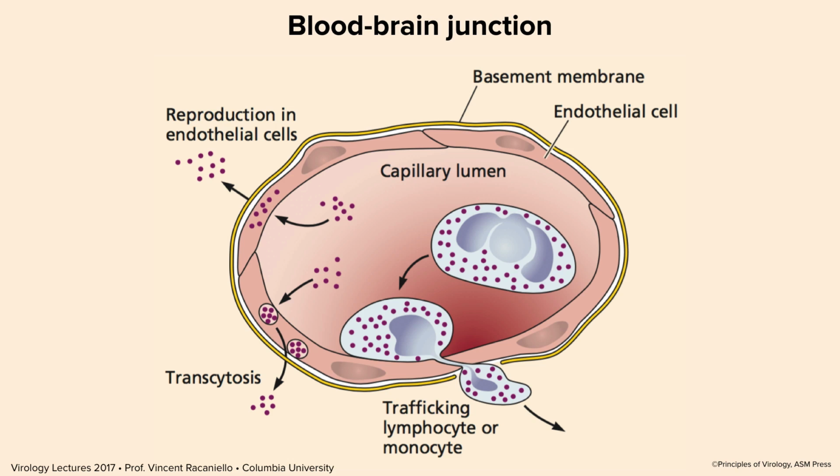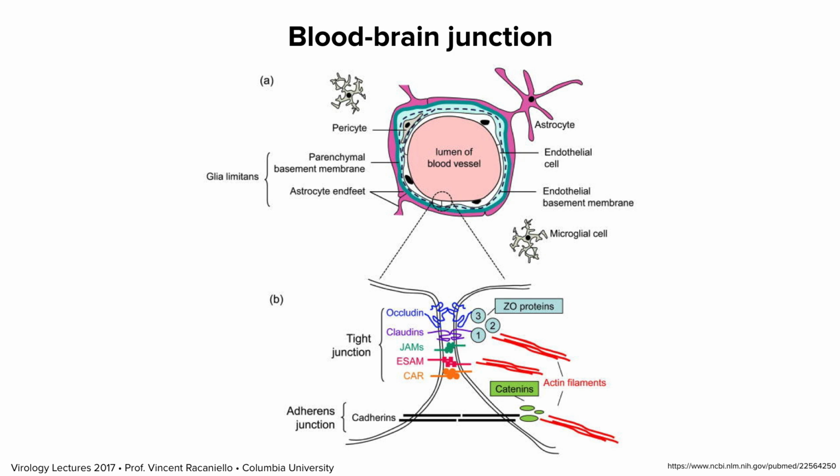Now, the blood-brain junction, I prefer to call it, has been the topic of a lot of study in virology lately because people are trying to understand how viruses get across and how the cells regulate that traversal. Let me show you another slide here from a review article in the Journal of Virology, which just elaborates on this blood-brain junction. So here's the blood vessel again. It's made up of the endothelial cells lining it. And at the bottom is a blow-up of the junction between the endothelial cells, just to show you how complicated it is. It's a very, very tight junction.